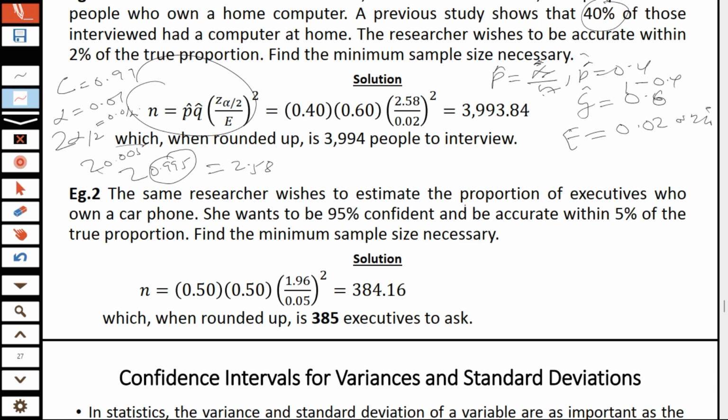And I told you from the beginning of this section that when we are treating the confidence interval, when the sample proportion is not given to you, we just assume that the sample proportion is 0.5, right? So here when you read the question, you see no sample proportion, so you assume that the sample proportion is 0.5. If P hat is 0.5, then our Q hat will be 0.5, because you are going to subtract 0.5 from 1, which you are still going to get 0.5, right? So once you have 0.5, 0.5, our E was given inside the question to be